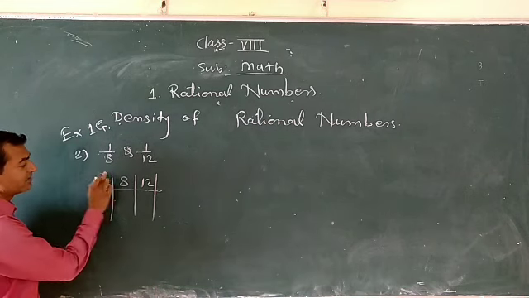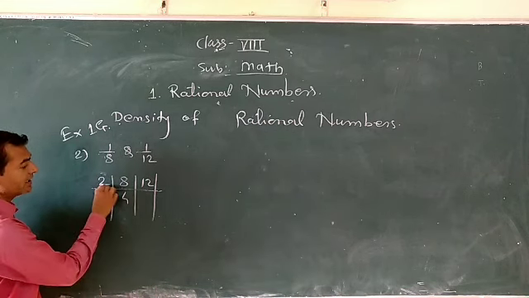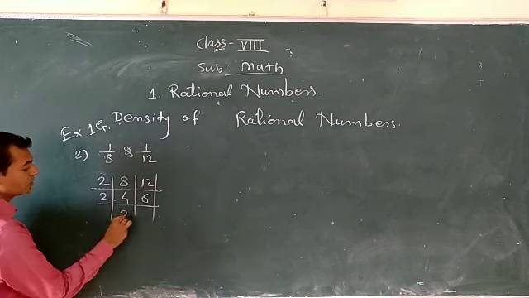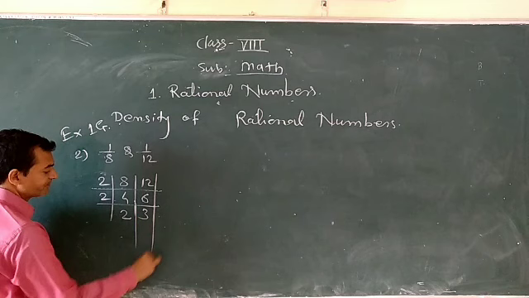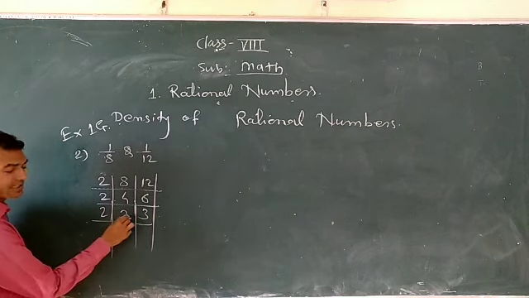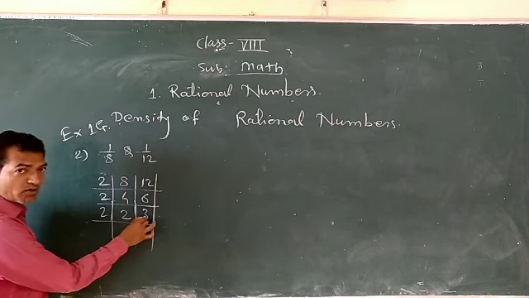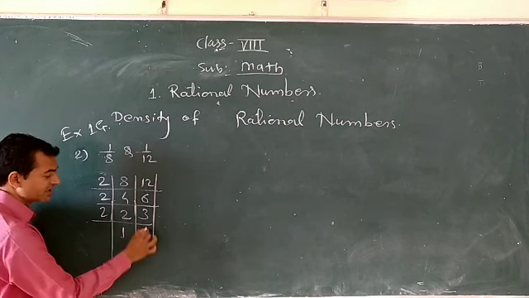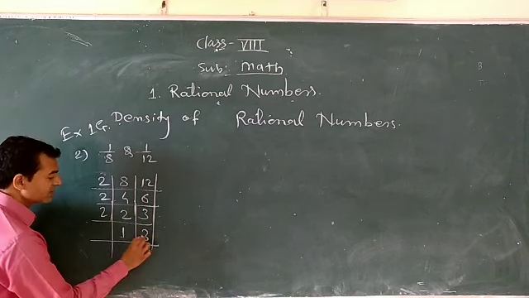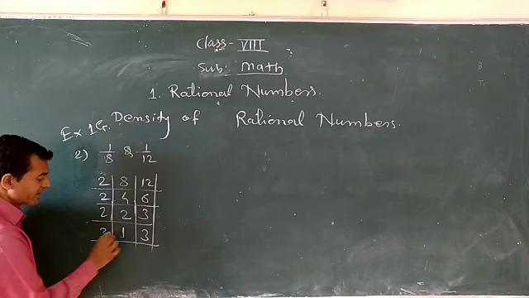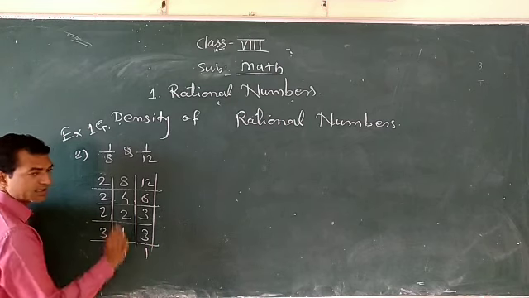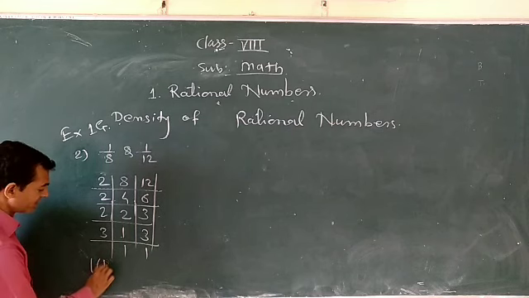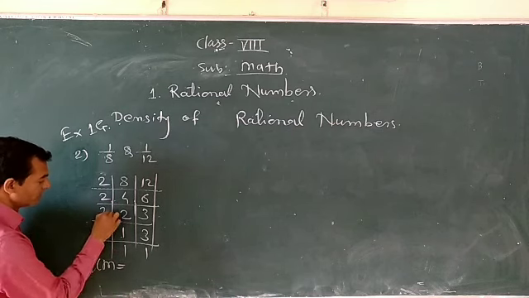If you divide these numbers by 2, 2 4s are 8 and 2 6s are 12. Again these two numbers are divided by 2, so 2 2s are 4 and 2 3s are 6. Okay, again this number is divisible by 2, this is not. So this number 2 1s are 2, but the other number cannot divide, so it remains as it is. Now this number is divisible by 3, so 1 as it is and 3 1s are 3. Till we get 1, stop here. Okay, now LCM is equal to 2 into 2 into 2 into 3.